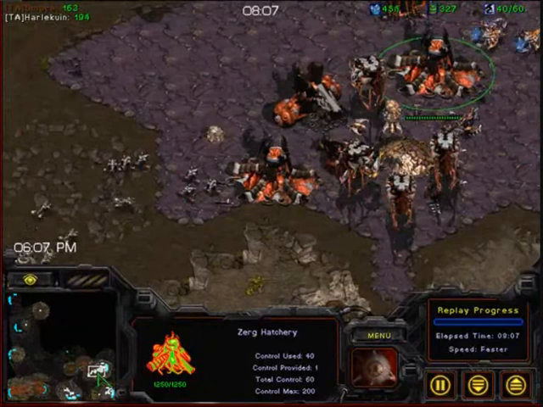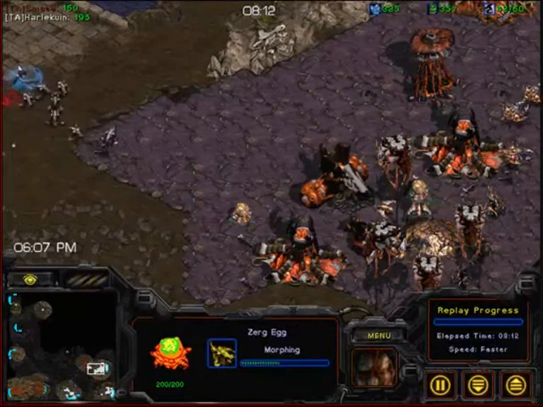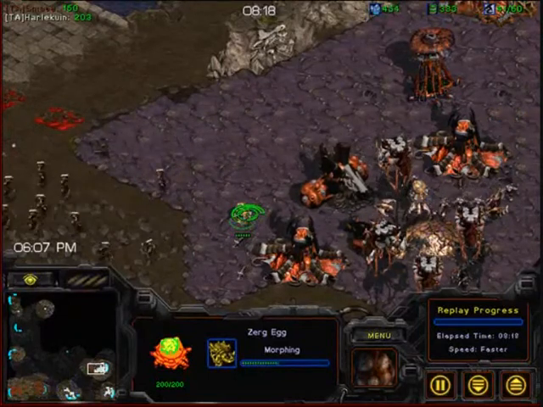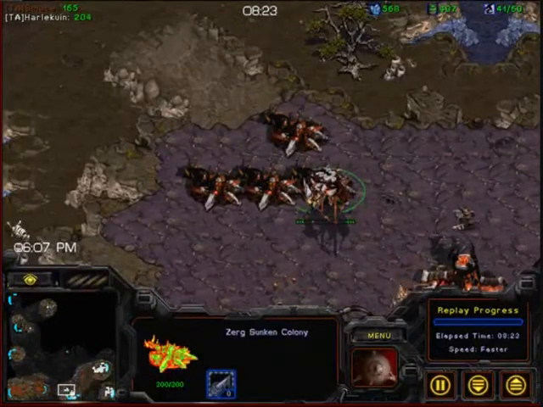Not huge Hydralisk numbers, but a decent number of Zerglings. But it has... wow, I thought those were Lurker eggs. That could have been a bit embarrassing. That's an Overlord. But yeah, this is still not going to be the easiest thing for Protoss to break directly, but... oh wow, look at all of these Sunkens for Harlekuin. He is